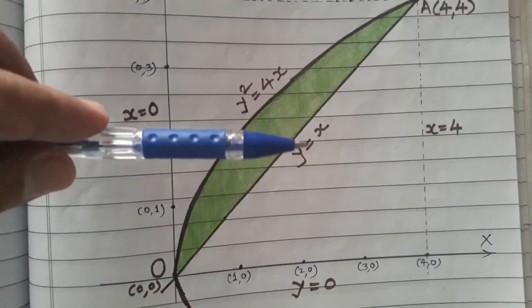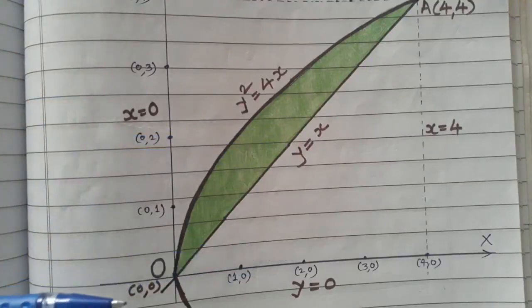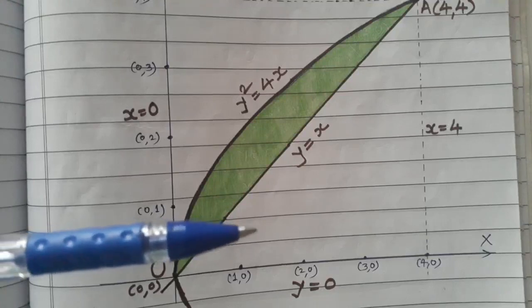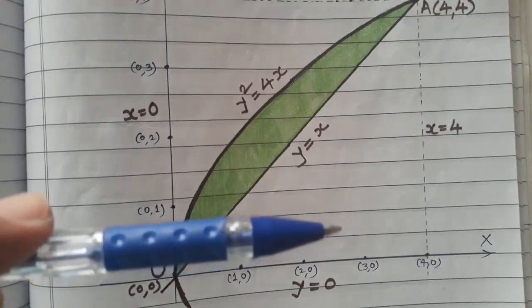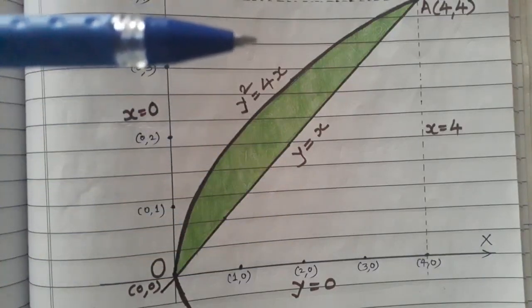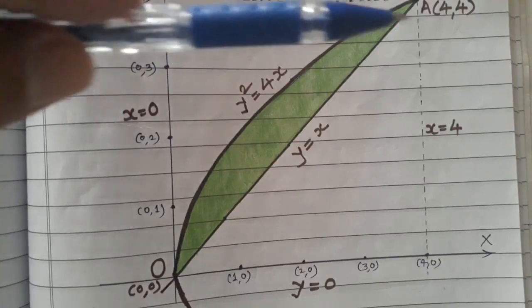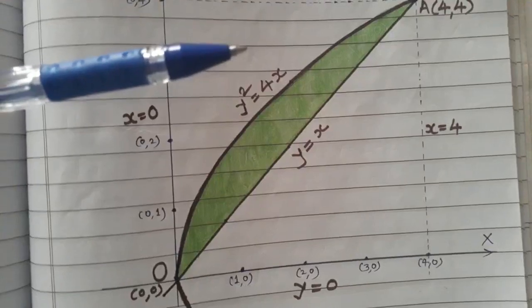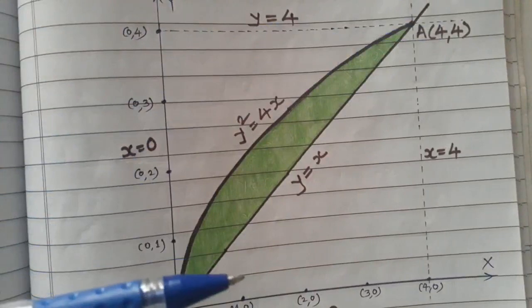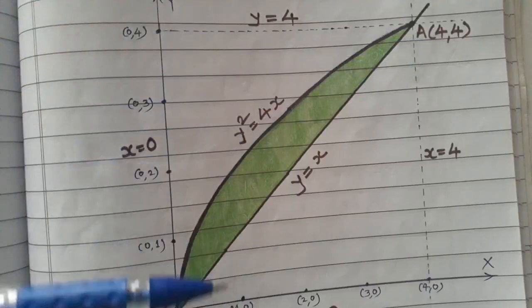For the limits of y, the bullet should pass through the colored region. That means it should not go here. It can be minimum, or at the bottom it can be maximum up to this only, that is up to the x axis, and the bullet must pass through the colored region. Therefore the maximum it can be like this, and the equation of that is y is equal to 4. So the range for the bullet should be y is equal to 0 to y is equal to 4. So the limits of y are from 0 to 4.